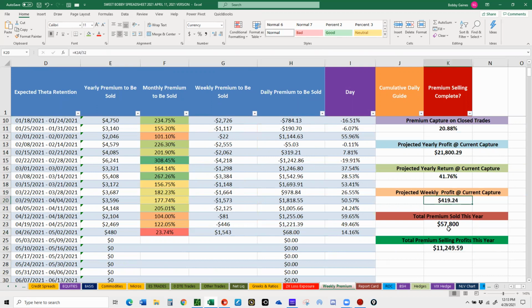We should make $419 a week. We've been doing greater than that. So we're on track. Of course, this doesn't include, I'm going to say it every time, it doesn't include the